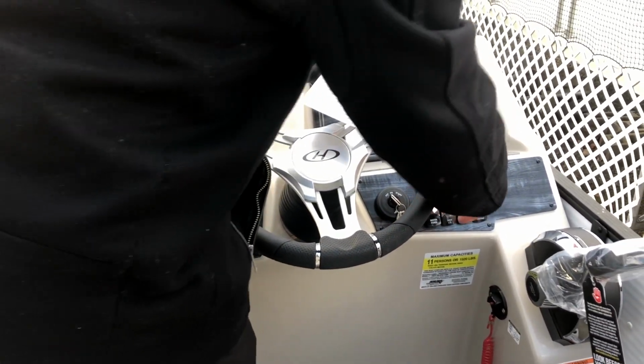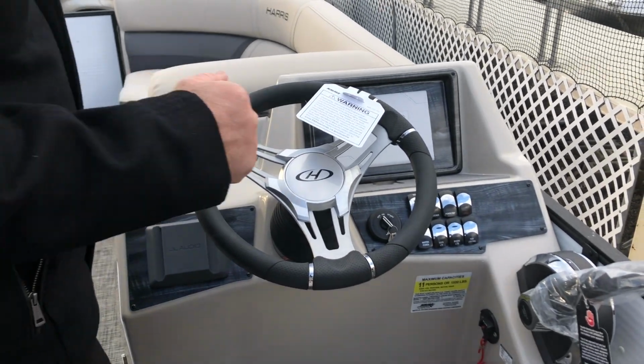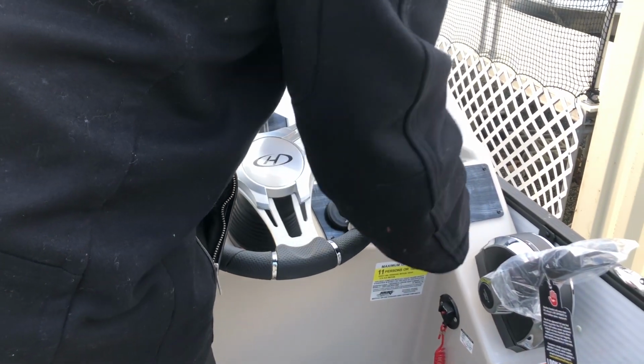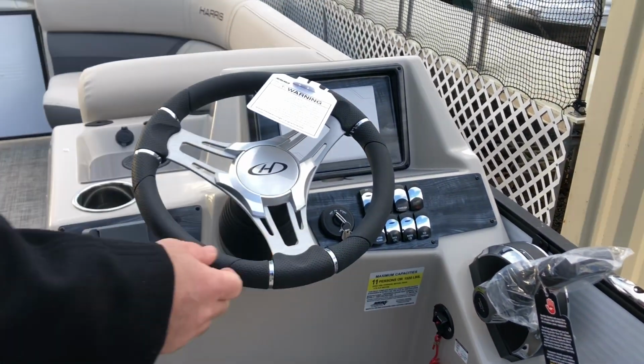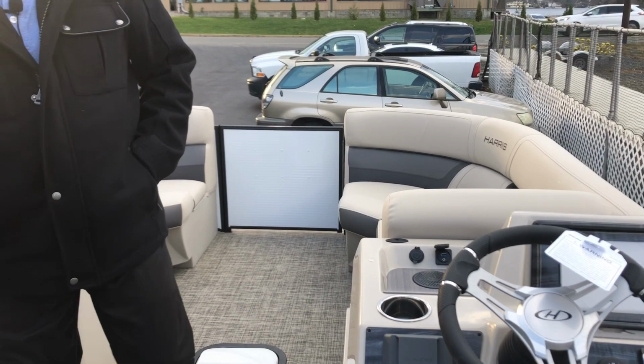Instrumentation. You see we have a power top. This boat has a power Bimini top. With a simple button you can open and close the Bimini top, lay it back and forward. RGB lighting on the interior, docking lights, and of course our tether. High back chair with an